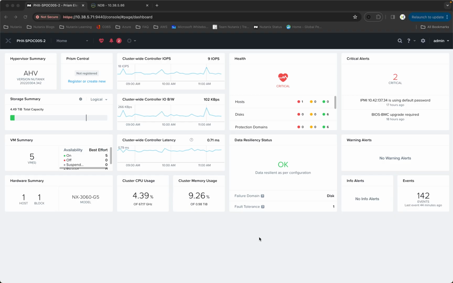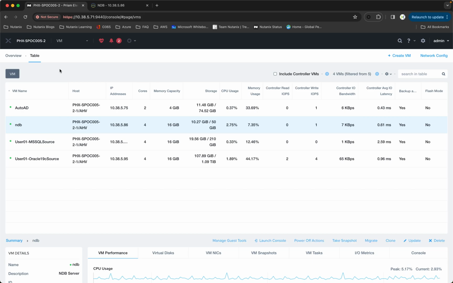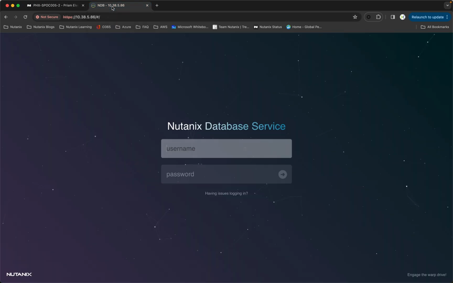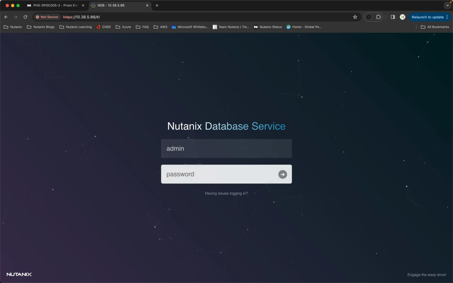NDB is distributed as a virtual appliance. And we can see that if I simply drill into the VM, you'll be able to see NDB listed with an associated IP address. I've already pre-downloaded and installed the appliance. Now to access the NDB dashboard, all we need to do is open up a new tab and connect straight into this IP address. So if we now drill straight into the Nutanix Database Service itself,